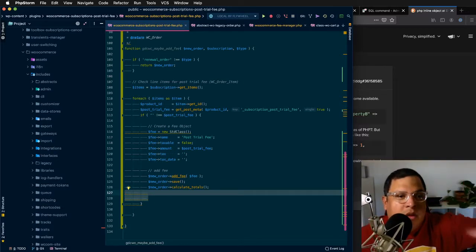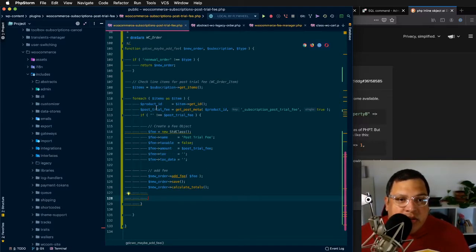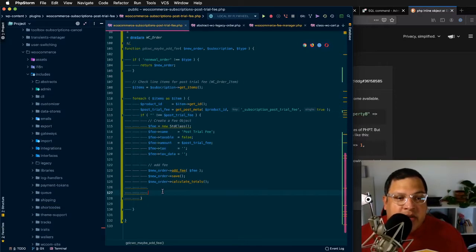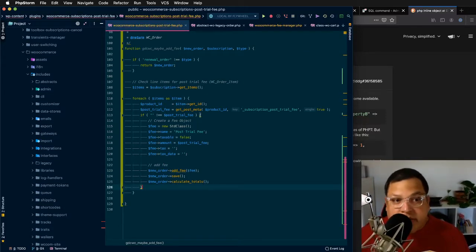Okay, let's back this up. So for each item, if there's a post-trial fee on that line item or product, then we are going to add it as a fee. So technically there could be like 5 line items, each of them have a fee, and then we get charged 5 fees, which should work, right? But we add that, we save, and we calculate totals. We'll calculate totals after adding each fee, because this could just be one fee. Okay, let me clear out these yellow snakes, and we're done with that, and then return